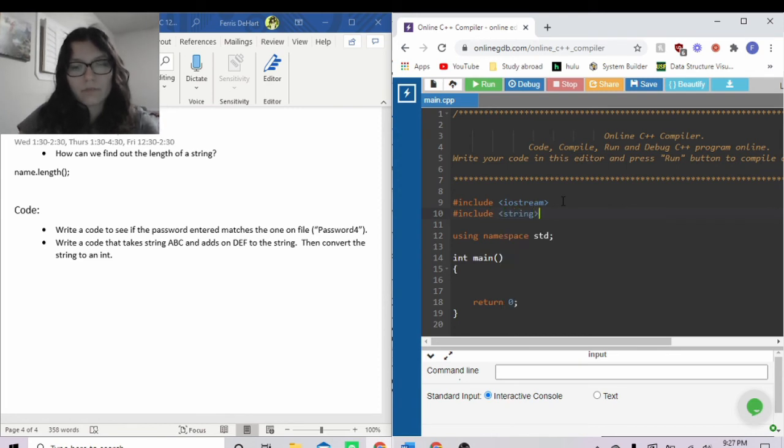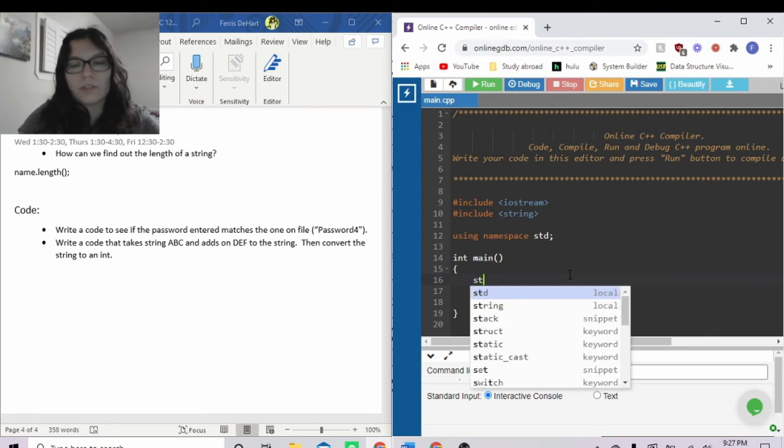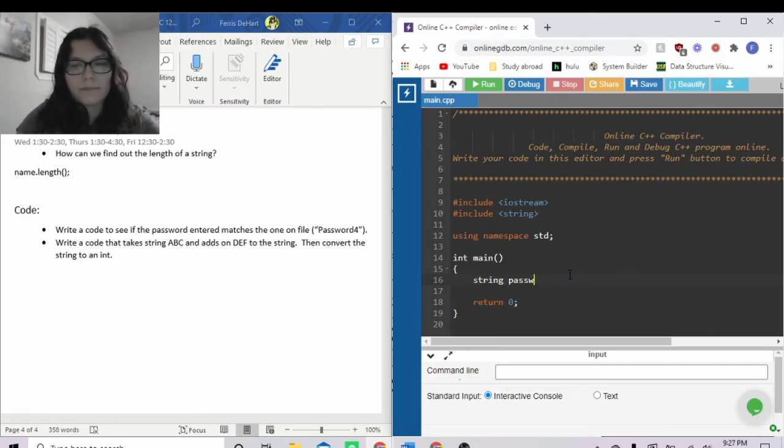Include string. Okay, so now going down to main. And so if it's matched the one on file, we can just pretend like it's automatically saved. So what we'll do is we'll do string passcode, password, and then we'll set it equal to password